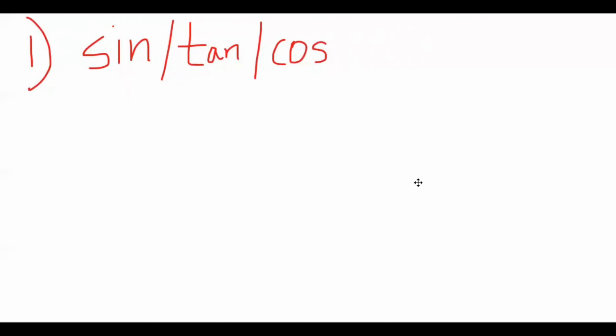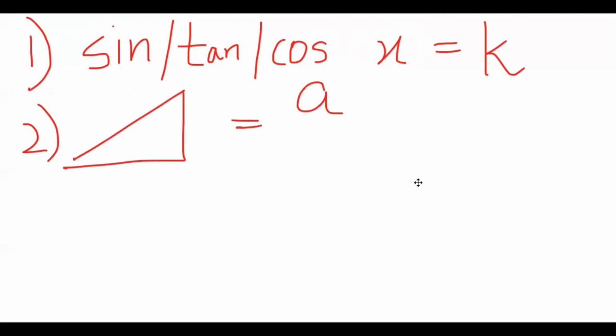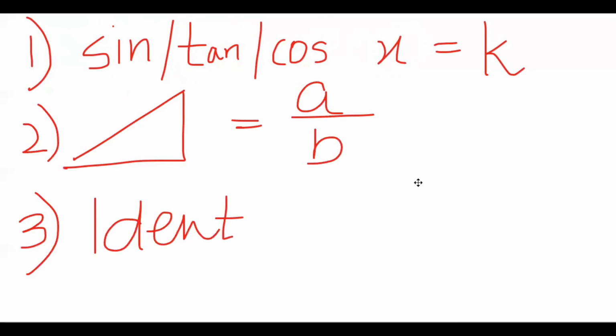So as a review, you can have two or three kinds of questions. If you are required to find the value of x, then you need to convert it into the form sine, tan, or cos x is equal to k, and then you can find the value of alpha, and then find the corresponding values of x. If you have fractions that are given to you, then you can simply make a triangle for the fractions and find out the sine, cos, tan ratios with the triangle. And lastly, you need to remember the identities which have been given to you and will be further added as the chapter continues.